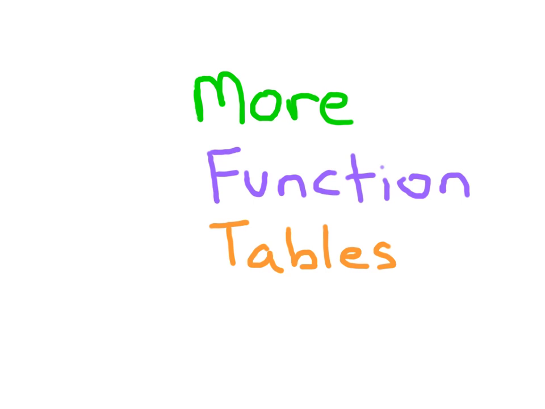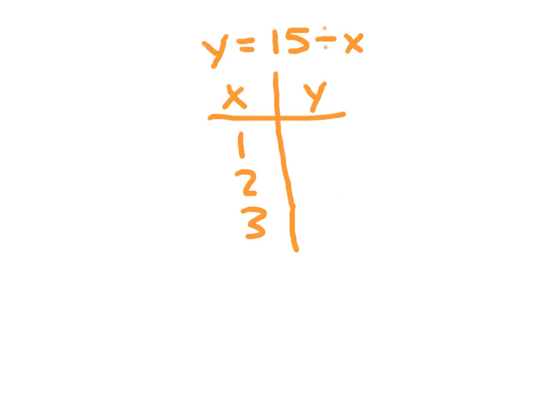Welcome to more function tables. Here I have a function table where the rule is y equals 15 divided by x, and I'm given the values of x as 1, 2, and 3. For that first line of my function table, y equals 15 divided by 1. 15 divided by 1 is